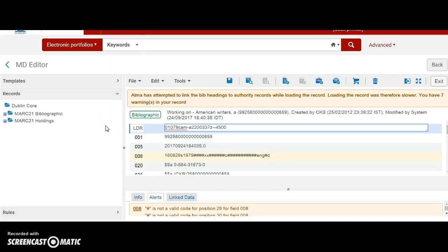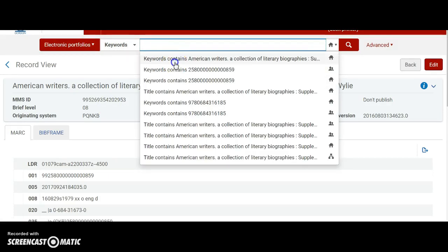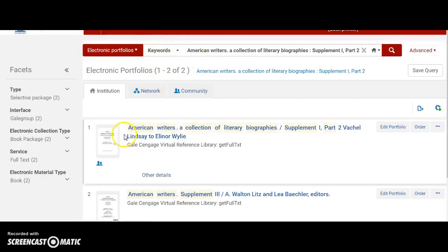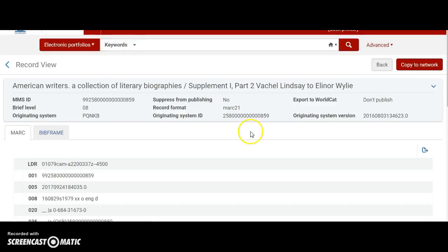All right, what we think we discovered is that you can't edit directly in the community zone, and I'm going to walk through this again. So what we did is we searched for this particular portfolio, and in the community zone, if you're looking at it, you'll see it's linked to our institution zone. And when you click on the More Actions, you have a choice of Report to Ex Libris and Resource Sharing Requests, but you can't edit. If you click on the title link, instead of having a red button up here that says Edit, it just says Copy to Network. So we copied it to the network,